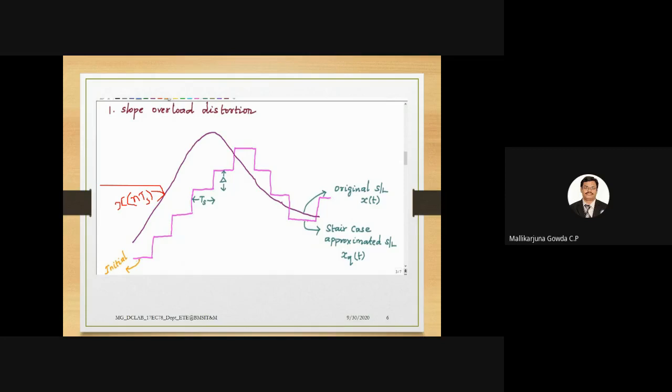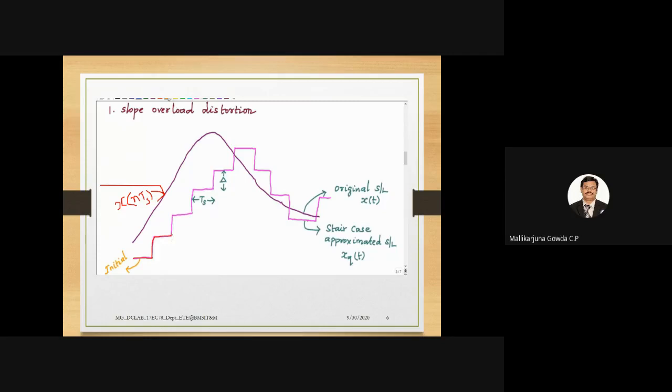So to begin with, the first point is Ts, then 2Ts, 3Ts, 4Ts and so on. It will compare with this analog input signal. When the difference is positive, that means when the analog input signal is greater than the staircase waveform, it will be incremented by delta. So to begin with, I started at this point and it compares with the analog input signal. Since the analog input signal is greater than the approximated waveform, it will be incremented by delta. Then it remains there till the next sampling duration.